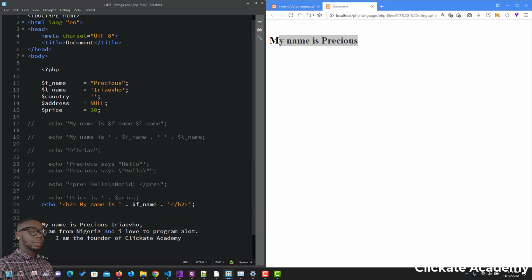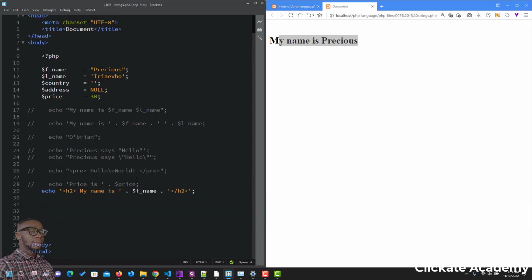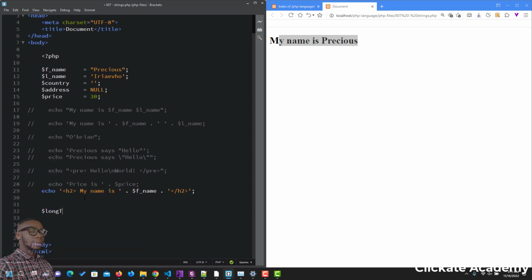So you see, this is a long body of text, and it is going to be problematic to use your echo to print this out. So instead of using echo, we can use the heredoc syntax. And how do we do that? Let me just cut out all these tests instead of typing it out again. All right. So to use the heredoc syntax, you first declare the variable. So I can say long text is equal to, okay,